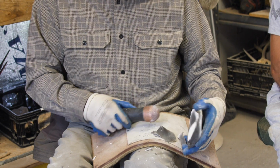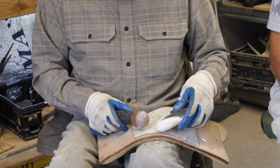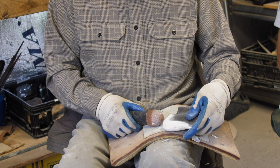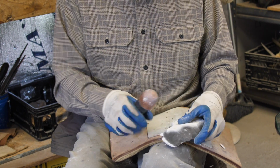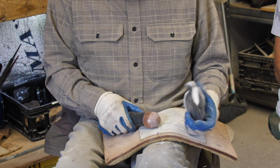It'd be terrible if you started to kill an animal for food and your tool broke in the center before it got him down. So that's the physics of